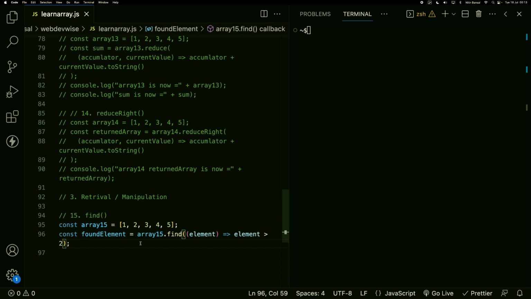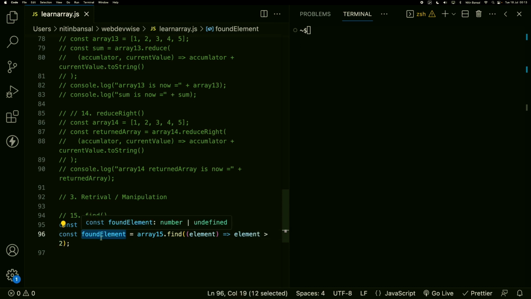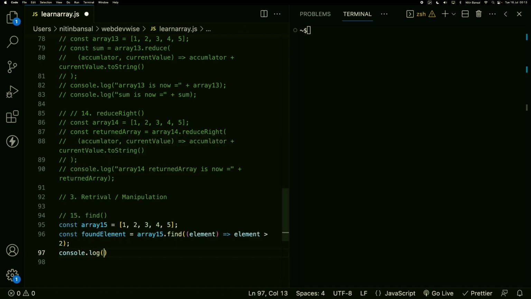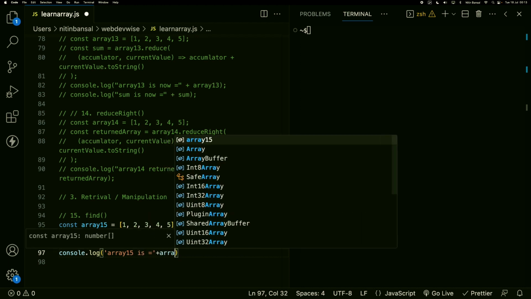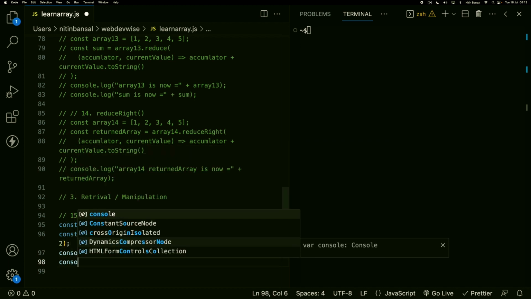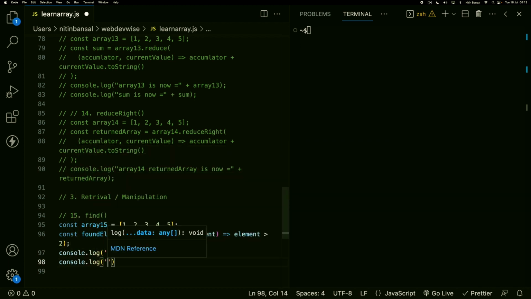Whatever element satisfies the condition, element greater than 2, will be returned and stored into foundElement. Nothing will get changed on the original array here. So array15 is array15, and then console.log foundElement is,